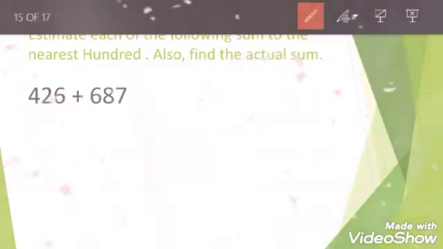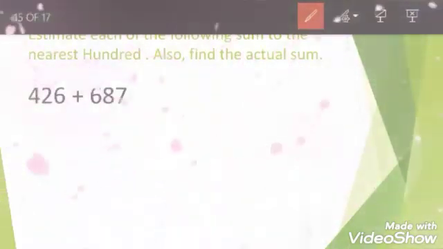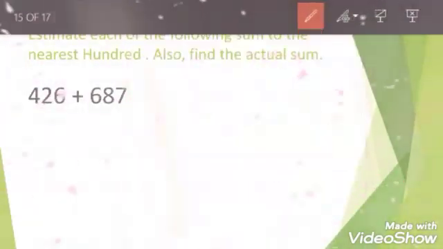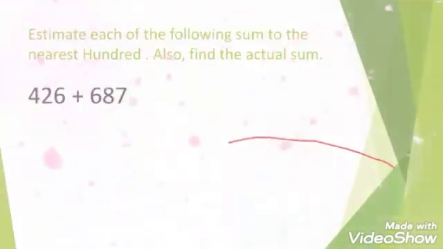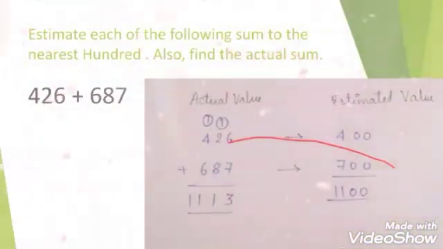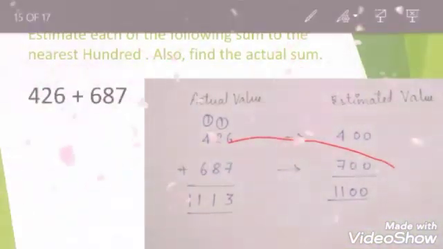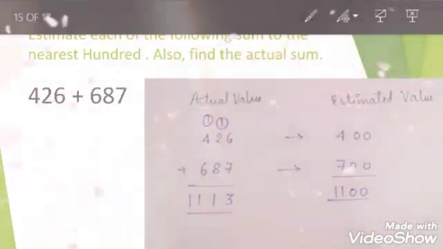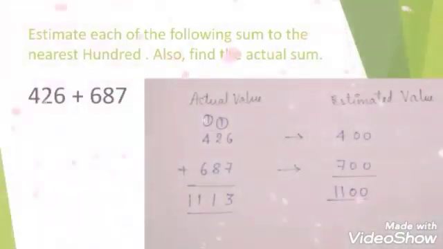So the estimated value of the sum is 1100 and the actual sum is 1113.